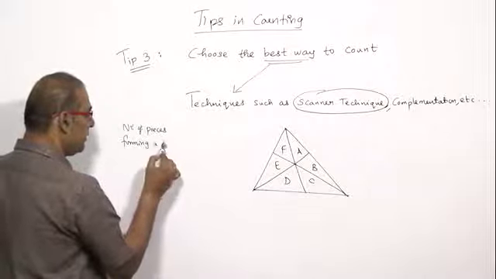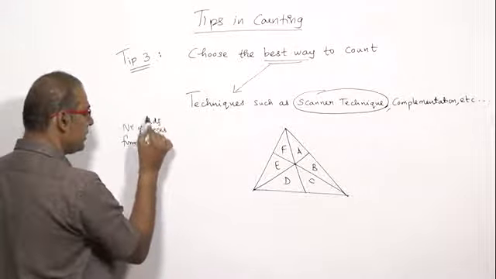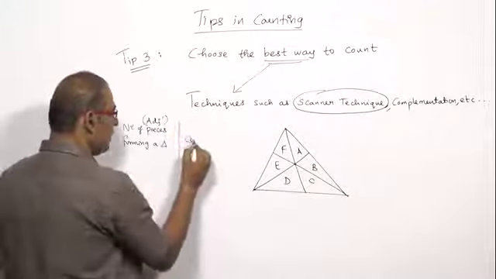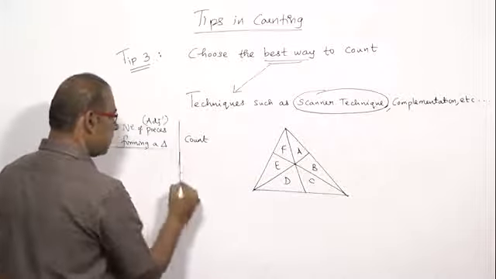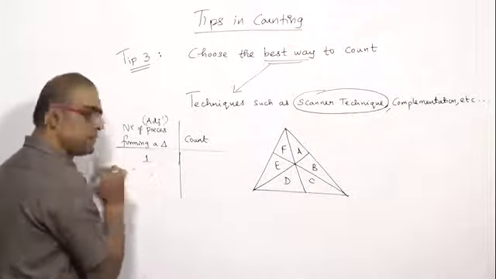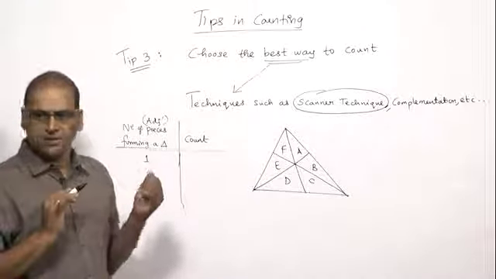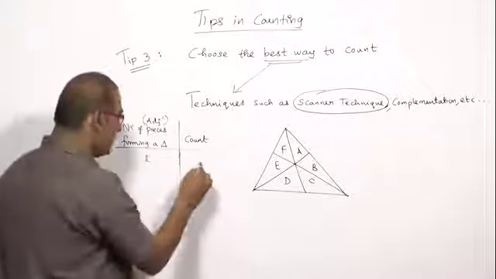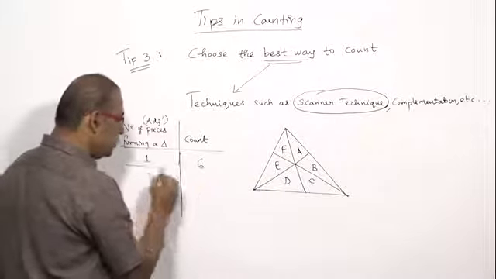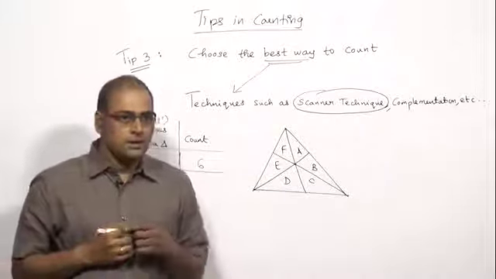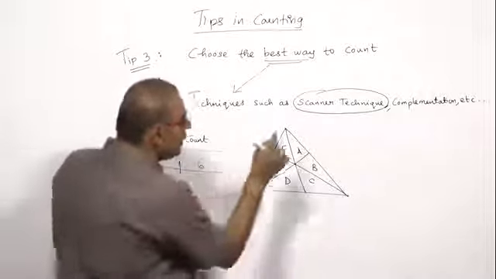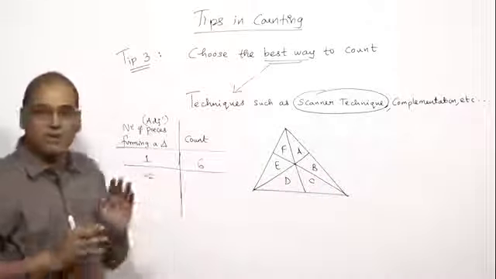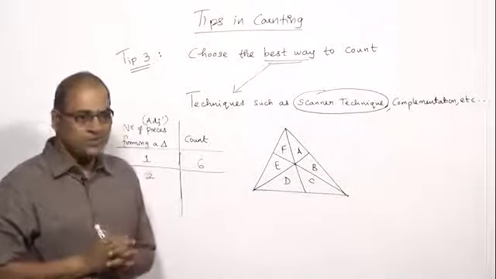So I am going to take one thing, number of pieces forming a triangle. Pieces means, I mean what? Adjacent pieces, correct? Forming a triangle, and there is a counter. Okay, so in the first round I will see only one piece forming a triangle. I want only the counter. Then 2. The second round, this is over. First round when you are seeing, you are going to concentrate only on picking one piece. If you see some 2-piece triangle, you are not going to count it, because your task is now 1-piece triangle. Are you able to understand?